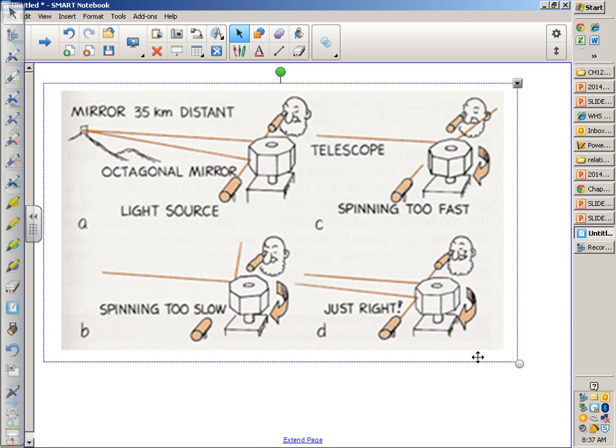Speed is a relationship between two things. What does speed relate together? Time and distance, right? Not necessarily in that order, but time and distance. So in order to measure the speed of something, you've got to know a distance and you've got to know